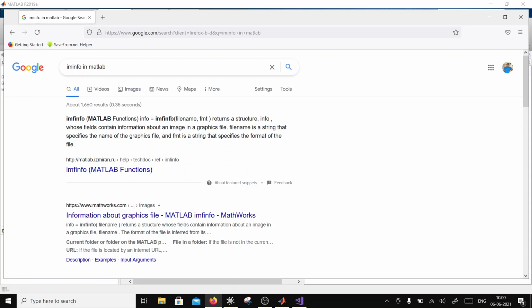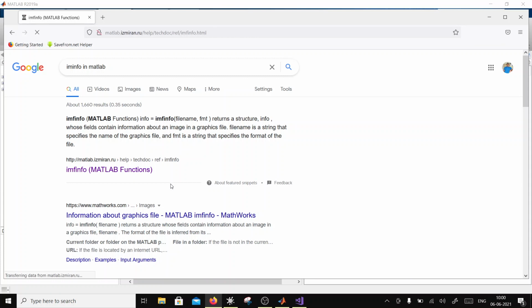imfinfo. So that's the correct instruction. imfinfo, filename, format. I think format is also optional here.